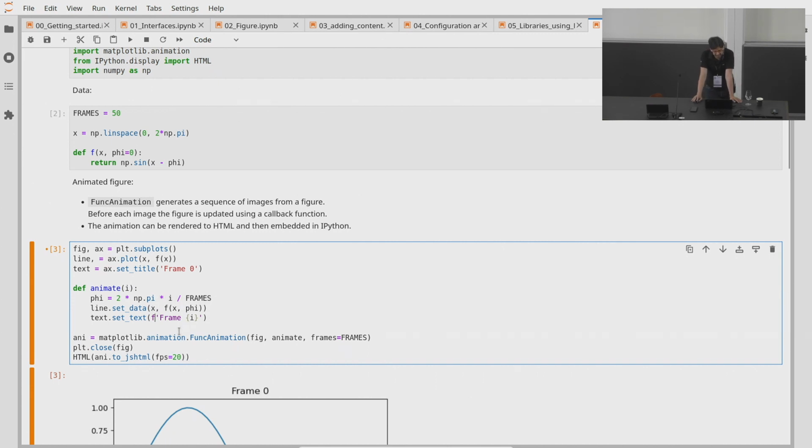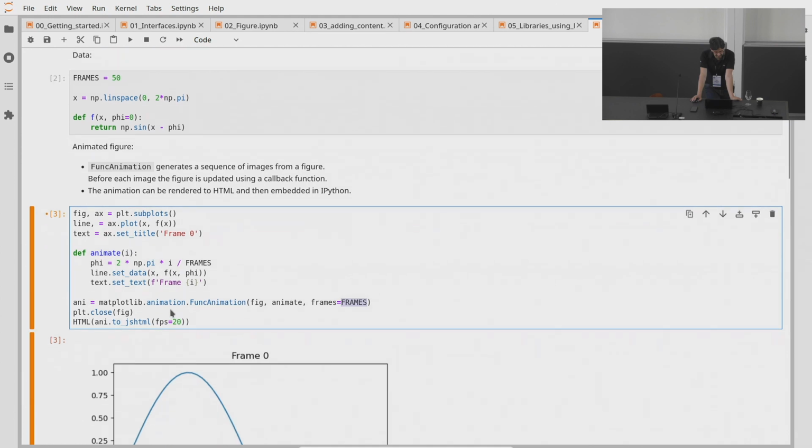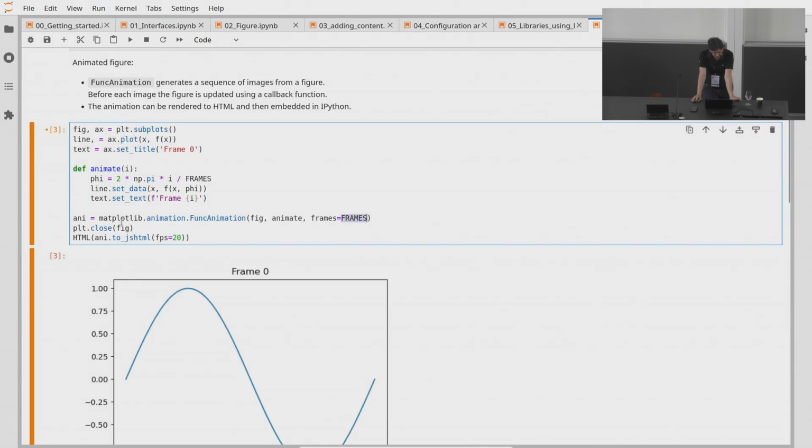And then you need the function animation from the matplotlib animation subpackage. And you pass in the figure you created. You pass in the function which modifies the artists you've created for every single frame. And you pass in, in this case, the number of frames, which is just 50 pictures. This creates the animation. We still have to get the animation to Jupyter. And